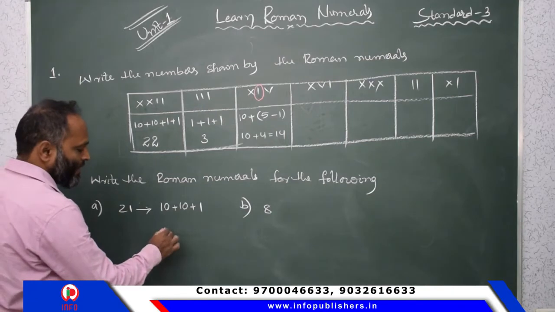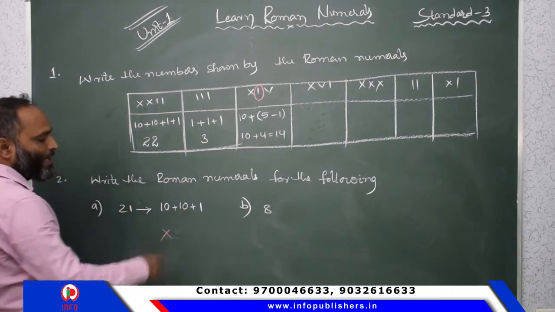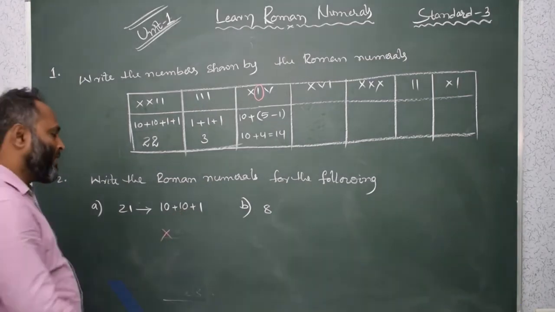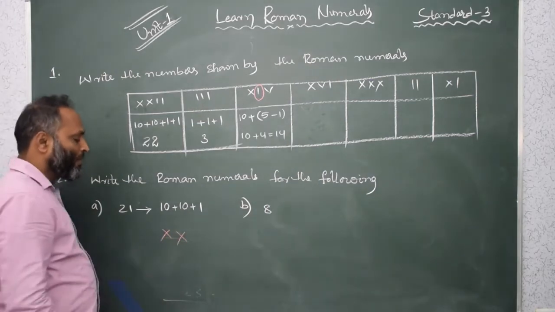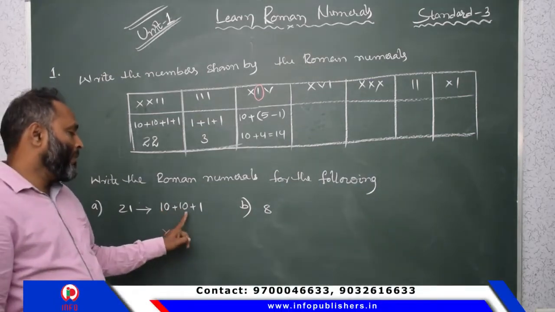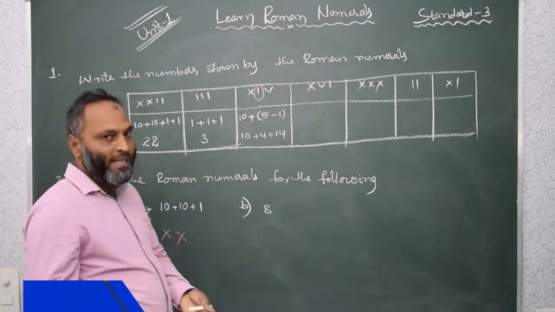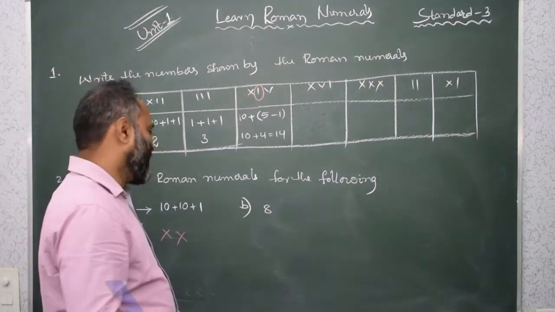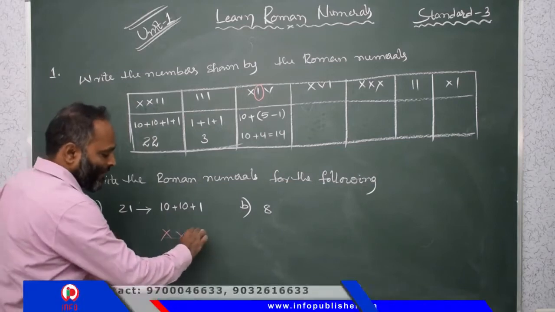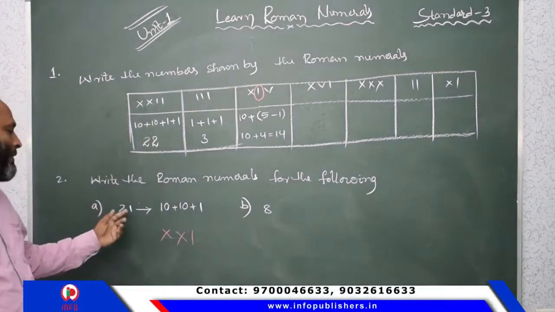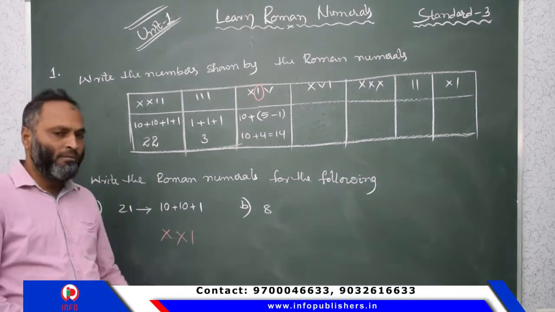Then what is the representation of 10? The representation of 10 is X. Here 10 is repeated, which means we have to take it 2 times, it means plus only. Then after the bigger number, the smaller number is there, on the right side. On the right side if the smaller number is there, again that is addition, so it will come here only. Then 21 means X, X and I.